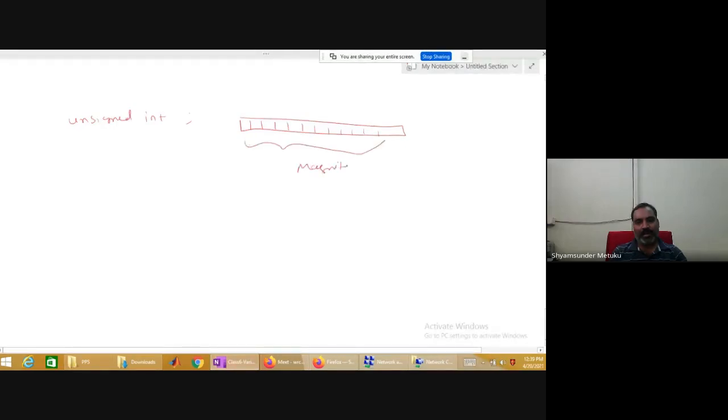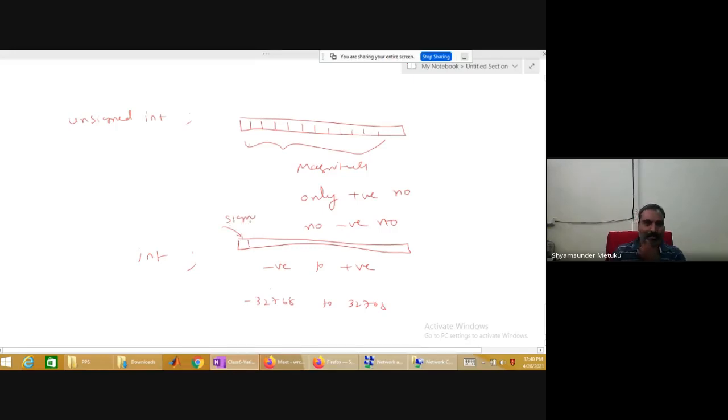So only positive numbers you can represent. There is no negative number. Is it clear? If you say int, it indicates negative to positive numbers, minus 32,768 to plus 32,767, in which the MSB is dedicated to represent the sign bit. Is it clear to you?